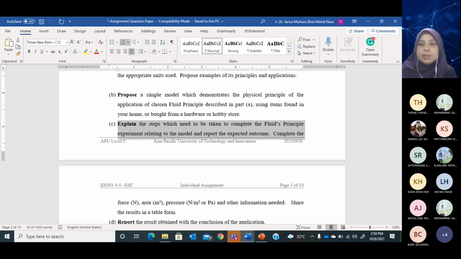Steps must be in passive voice. You know passive voice, past tense already. Because you already did the experiment, then only you do the report. Steps must be in passive voice. What happens if you use active voice? Marks will be reduced. Okay, for example,